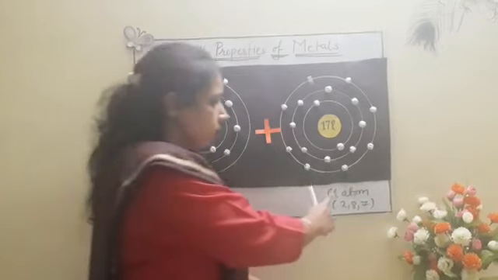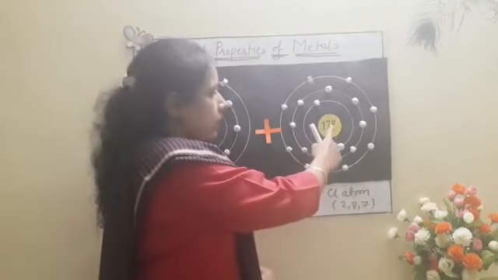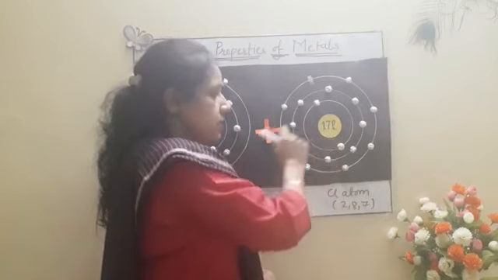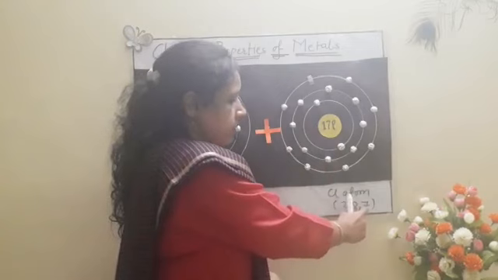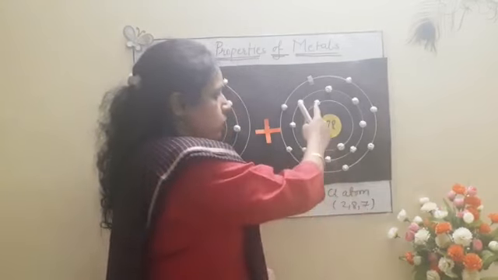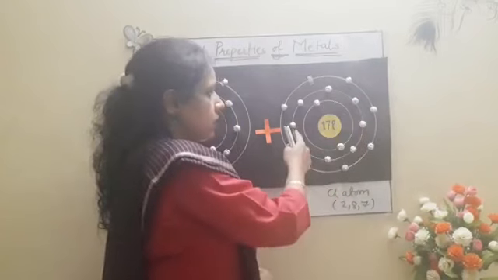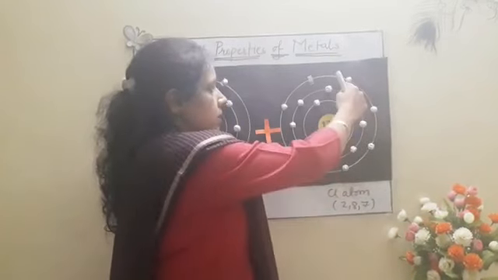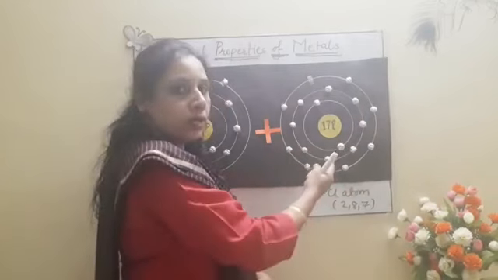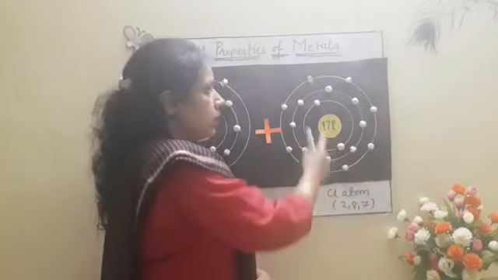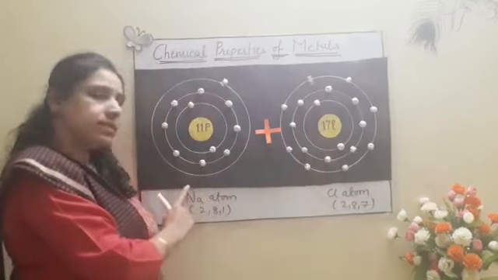In case of chlorine atom, it has 17 protons in the nucleus. So its atomic number is 17. Electronic configuration will be 2, 8, 7. There will be 2 electrons in the first shell, 8 electrons in the second shell, and 7 electrons in the outermost shell. In order to complete the octet, the chlorine atom needs 1 electron, whereas to achieve the octet state